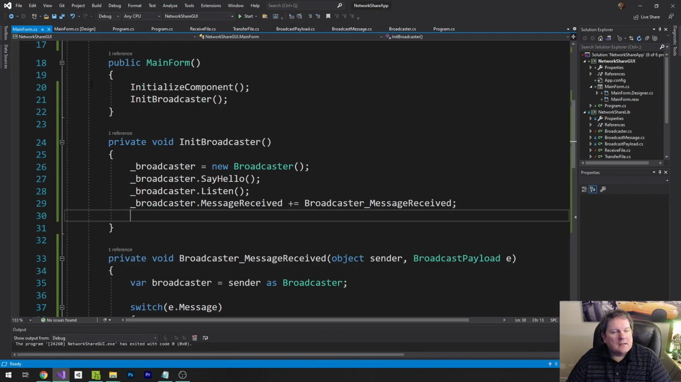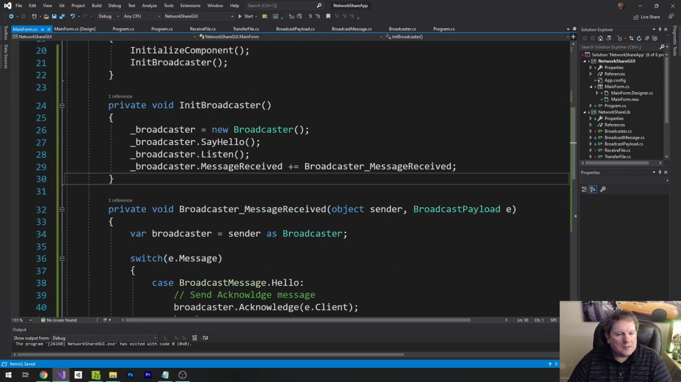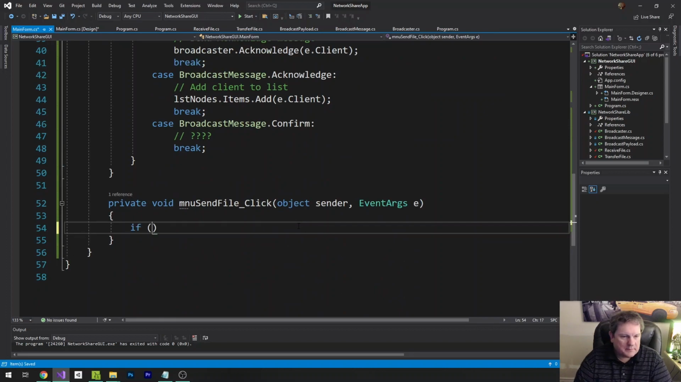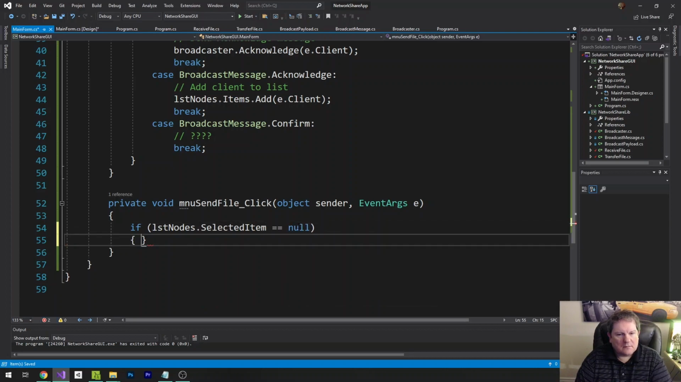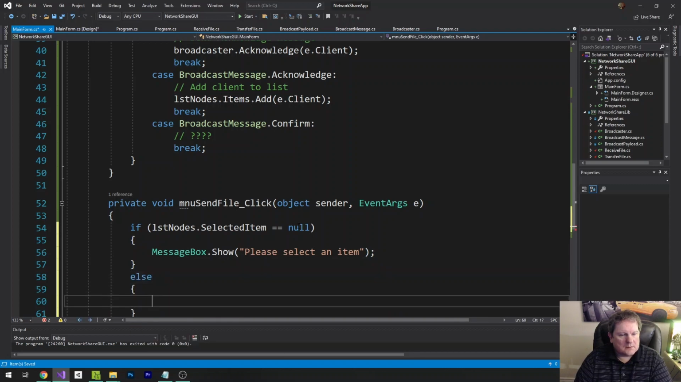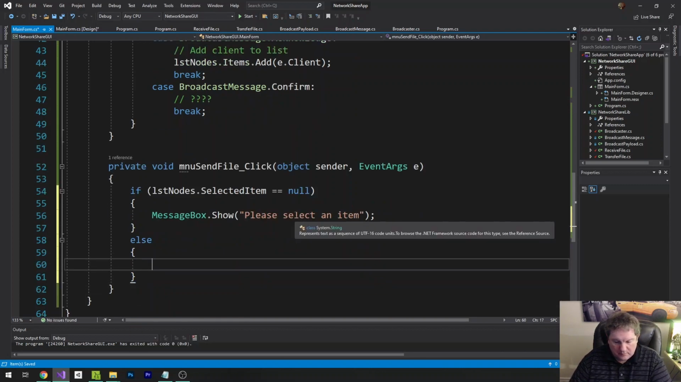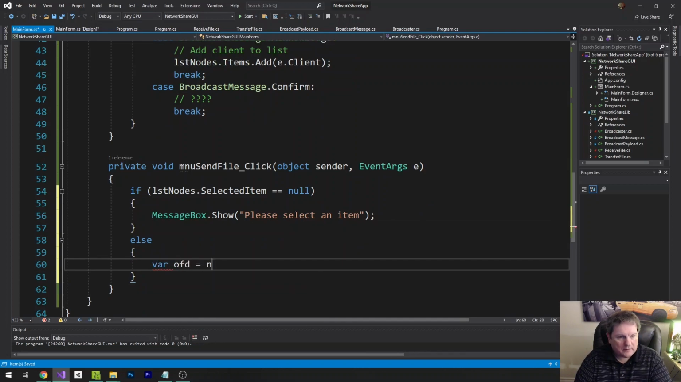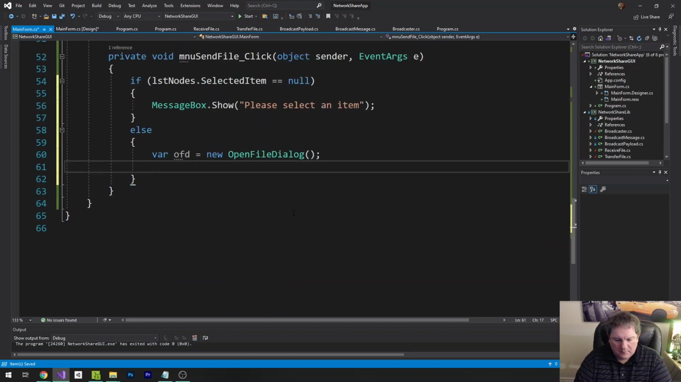And then I want to say, just to be sure, if list nodes dot selected item equals null, message box, please select an item, else we want to do var open file dialog equals new OpenFileDialog. If ofd dot ShowDialog equals OK,